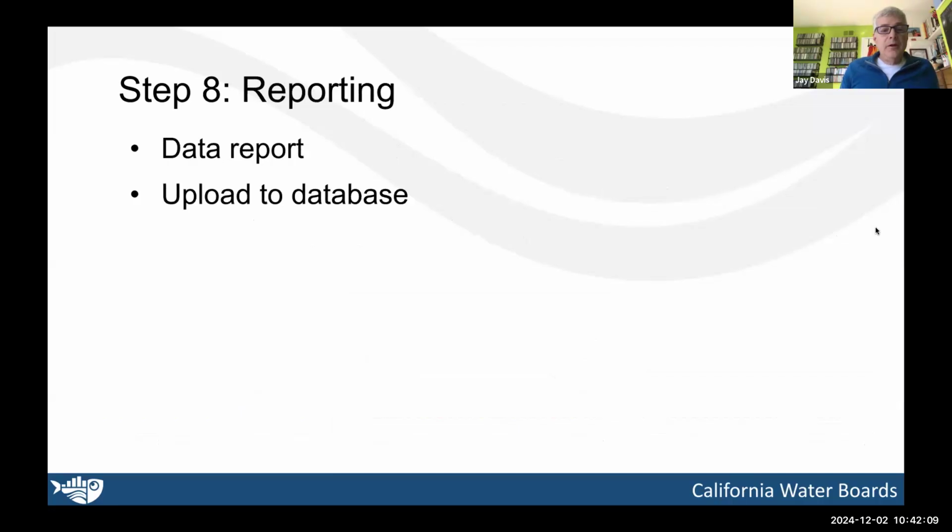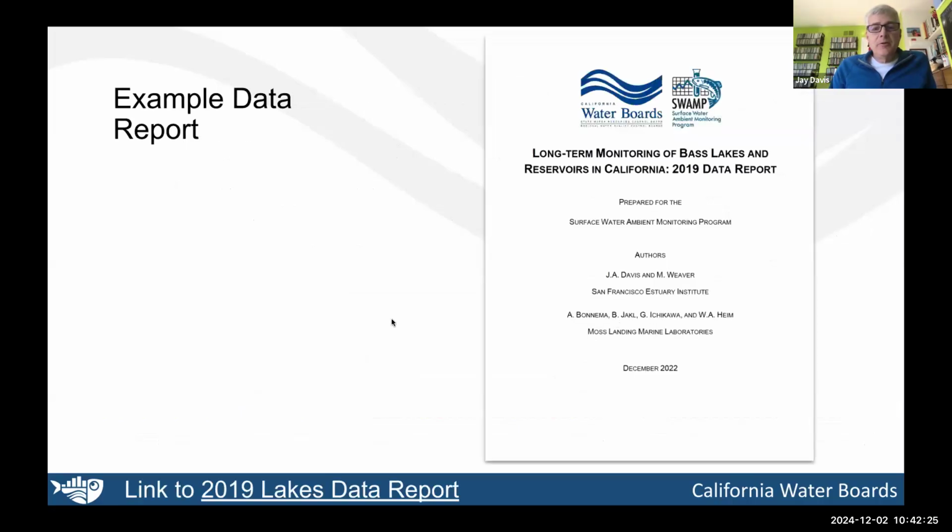Okay, and then step 8 is reporting. So you use all these scripts, and it's really important to generate a good data report, even if it's a small data set, and then uploading to the database is another important step. So again, this example data report,